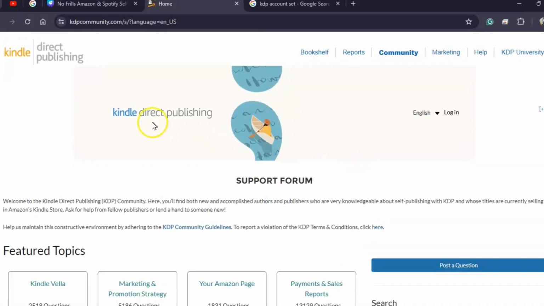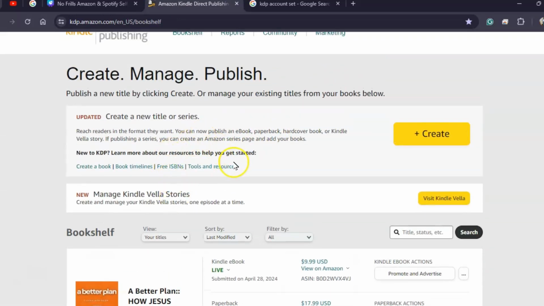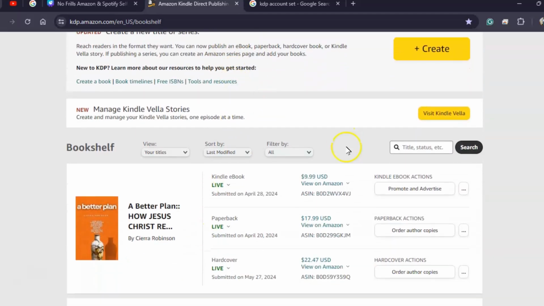And so definitely use this section of the community for questions that you might have. Reports is going to be where you see all your royalties broken down by months, by year, I think in 24-hour increments as well. You'll see everything, how your books are performing there. And so the bookshelf is where you will obviously load your books,